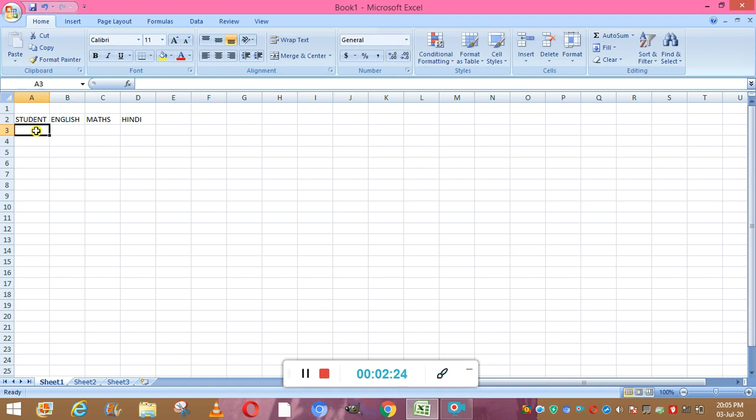Now we have to add the persons like Saurabh, Nitika, Arjun, Sakshi. Suppose we are taking 4 students and we are entering their marks out of 100.